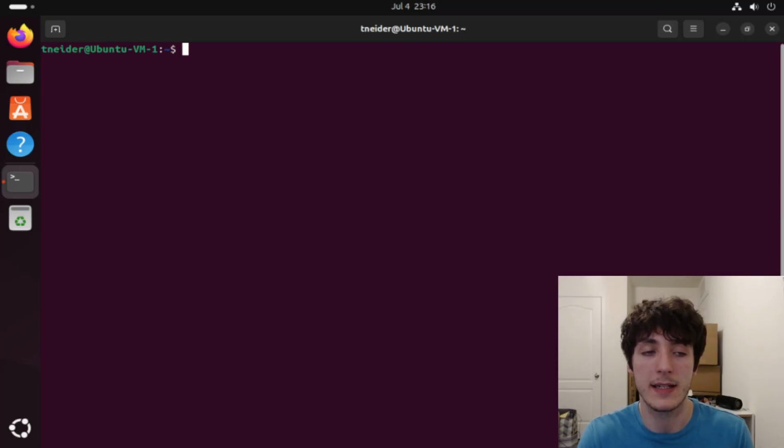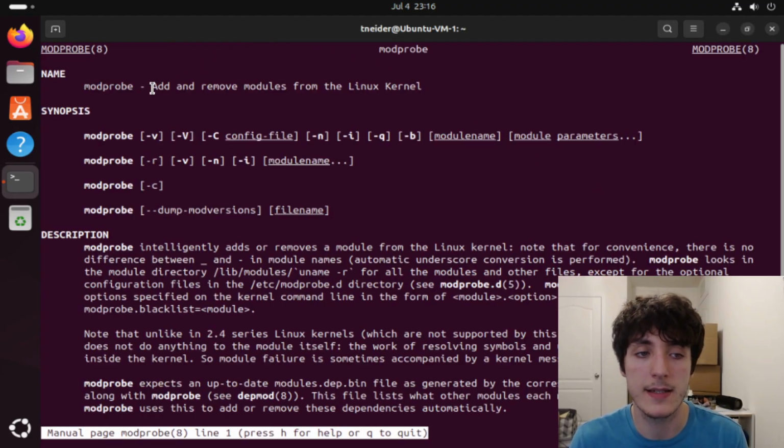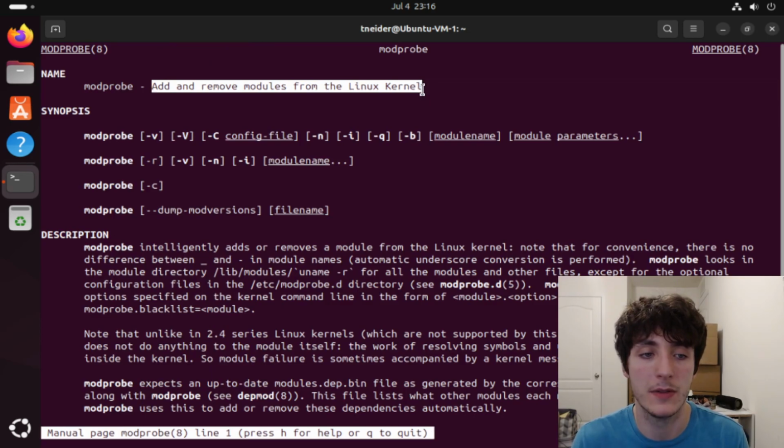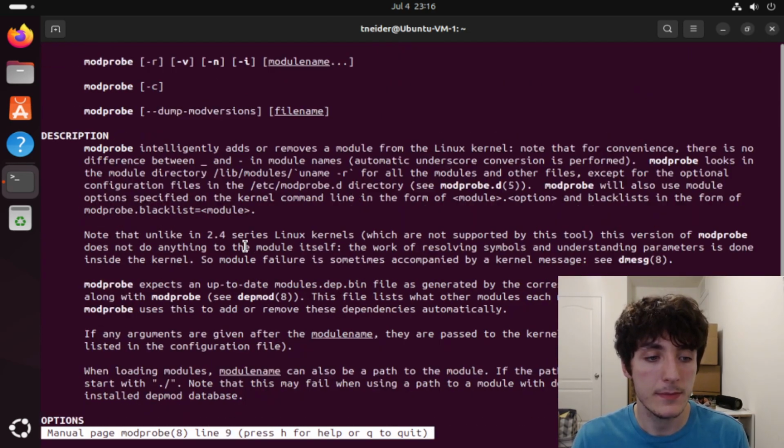So you could, like I said, seamlessly use these different devices. In this case, we're going to learn about modprobe with the command, not the file. So let's do manual modprobe. And like I said, look, it says add or remove modules from the Linux kernel, and it gives you some